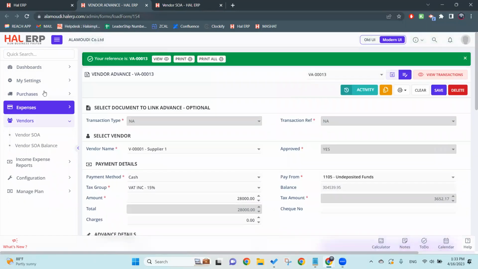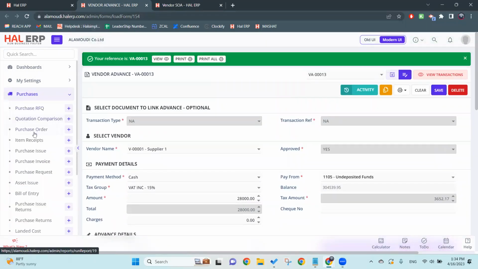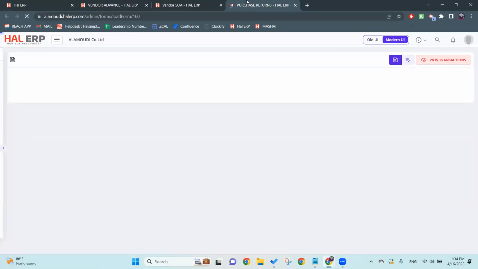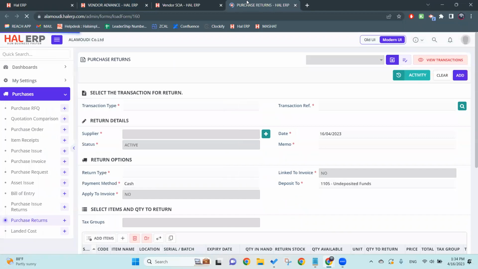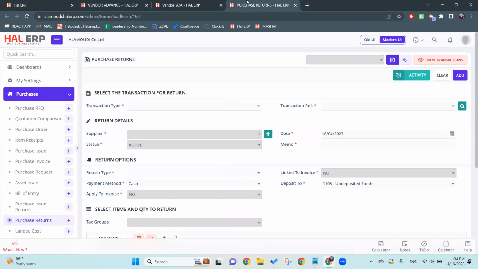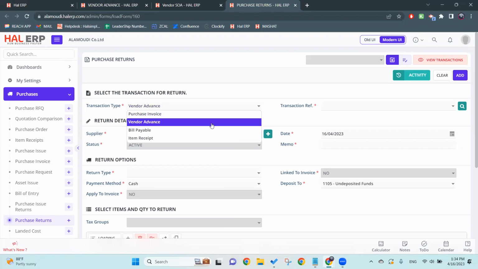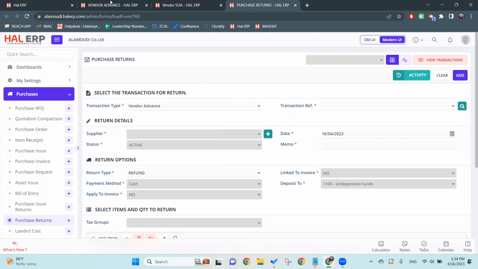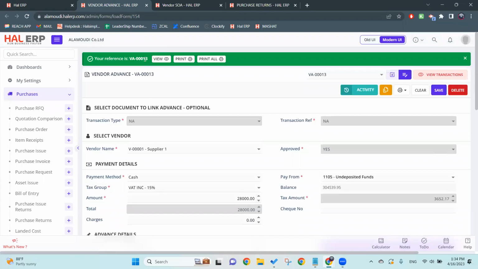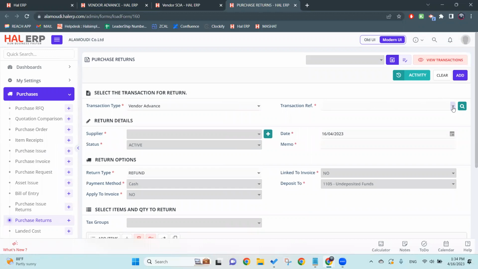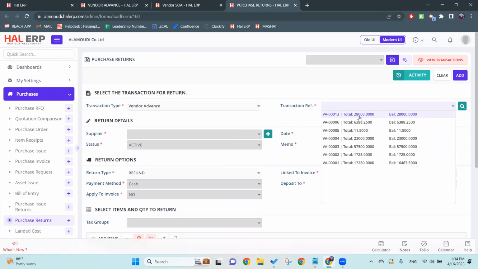Now let's go to the purchase. Click on the purchase return module. Click on the plus sign. This will open a new transaction form, and that form will make the return or the refund of the vendor advance. So we'll select the vendor transaction tab as vendor advance, and then we have the transaction reference. As you can see here, the transaction reference was VA 00013. Well, from the drop down list, we'll select VA 00013,